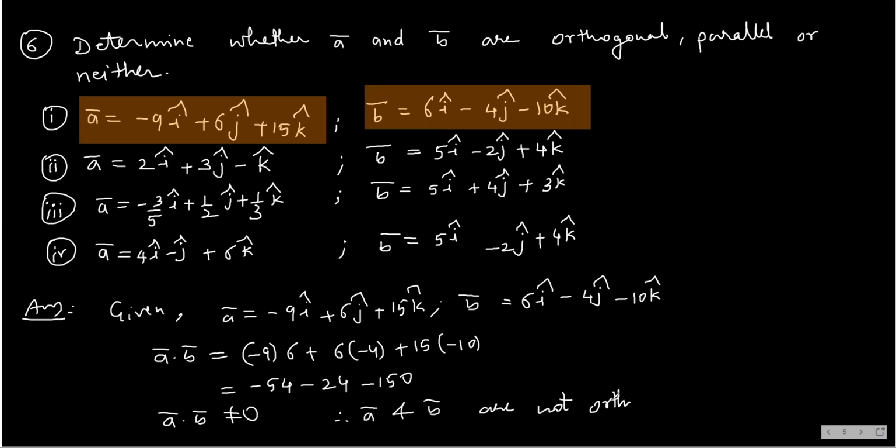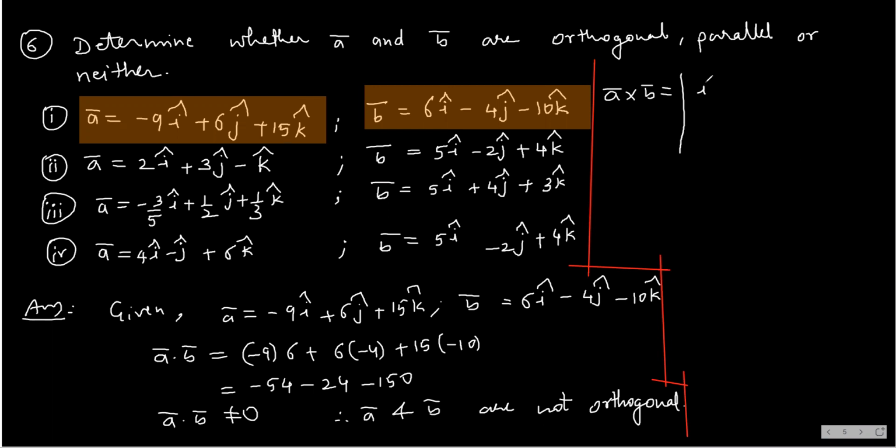They are not orthogonal. For sure, they are not perpendicular. Now what I will do, I'll find out their cross product. Why find the cross product? For the reason, remember students, if the cross product of two vectors is 0, then the two vectors are collinear. They are parallel vectors. So I will find out A bar cross B bar.